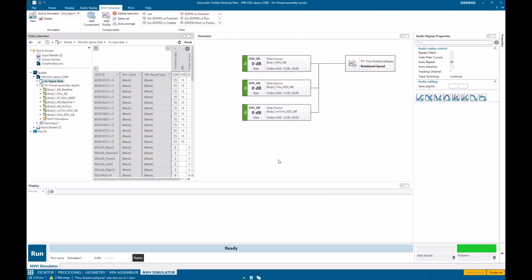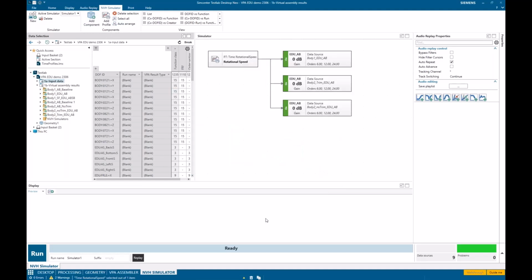And I say, okay. And I can say auto arrange, so it makes a little bit more sense. So this profile of rotational speed sweep is going to go through each of these different virtually assembled components or virtual assemblies. And if I ran it like this, what I'm going to synthesize or my result will be as if I ran through all 3 bodies at the same time. And so I don't really want that, right? I want to do one at a time.